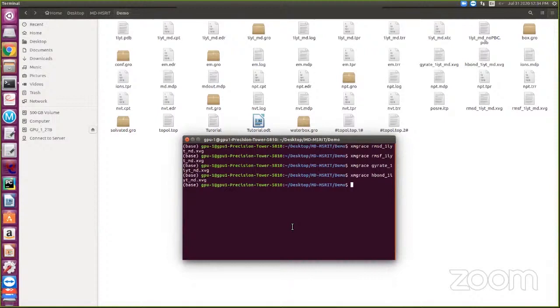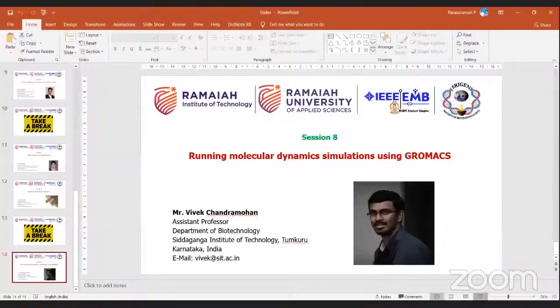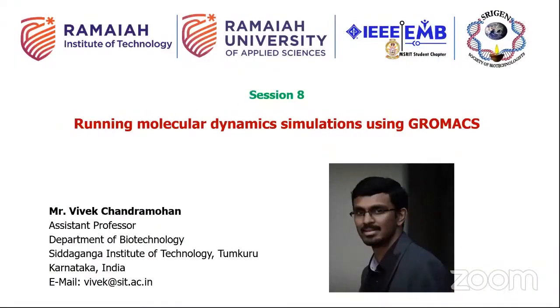Minimum system-wise, I can say it requires a 10-core system, I'm talking about CPU. If you go for GPU, minimum 1,000 CUDA cores is required. If you go with 1,000 CUDA cores, it is sufficient to perform smaller simulations for a smaller time. For example, 50 nanoseconds may take 2 or 3 days. So this is my suggestion; it depends upon your protein.